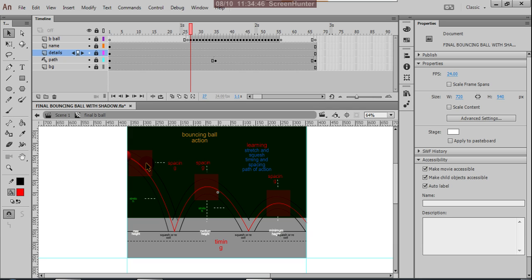Each and every pose we have to draw here. Then a fluid kind of animation will come every time.